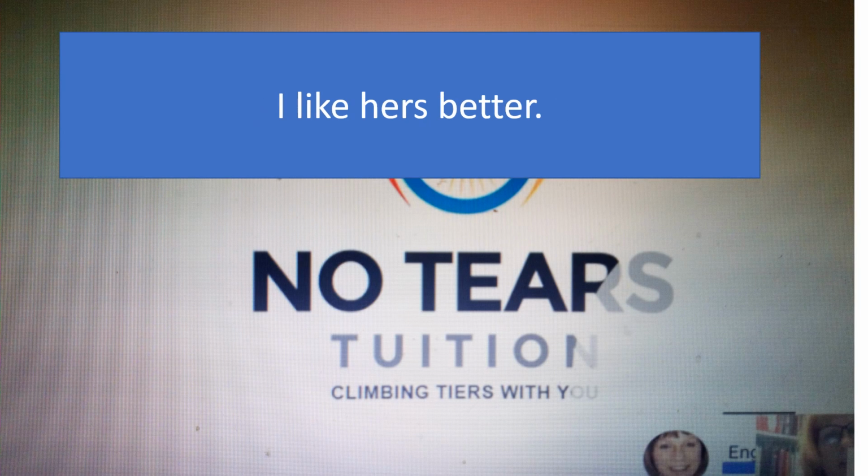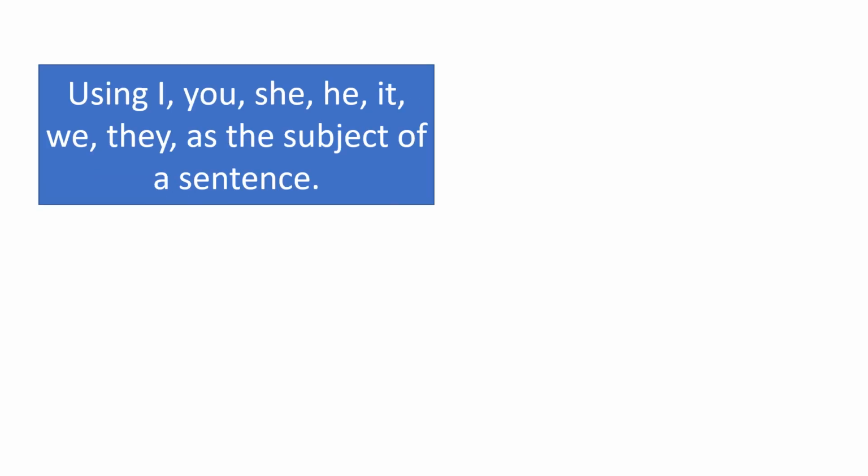I like hers better. If you said that, you wouldn't be using an apostrophe between the R and the S, because otherwise, looking at the contraction, you would be writing I like her is better, which just wouldn't make sense. So the final point as part of this video is to think about how you use the apostrophe, and to learn that with the pronouns no apostrophes are used in pronouns.